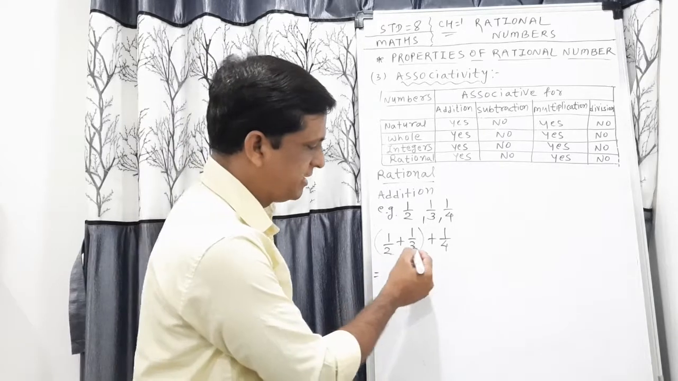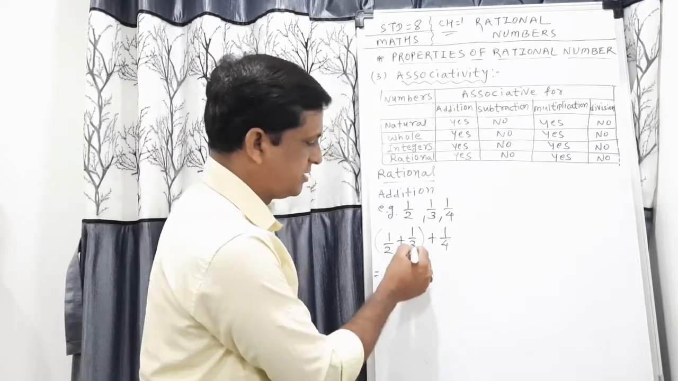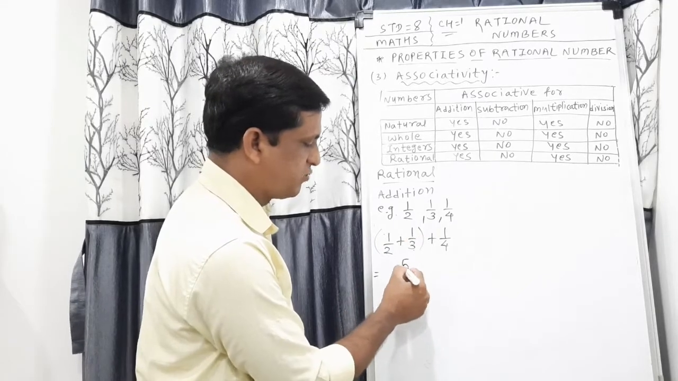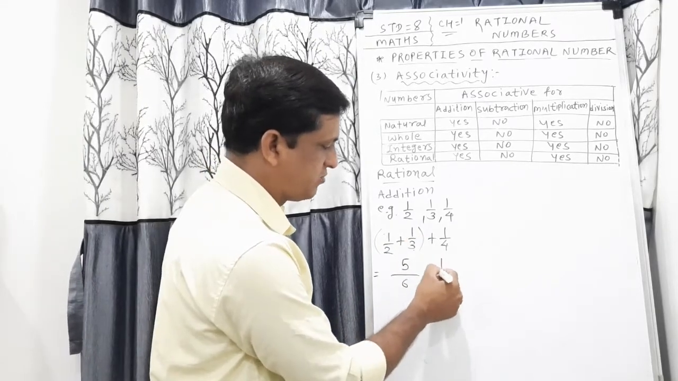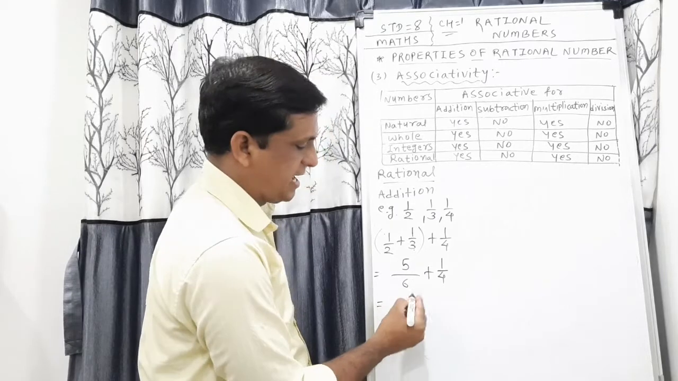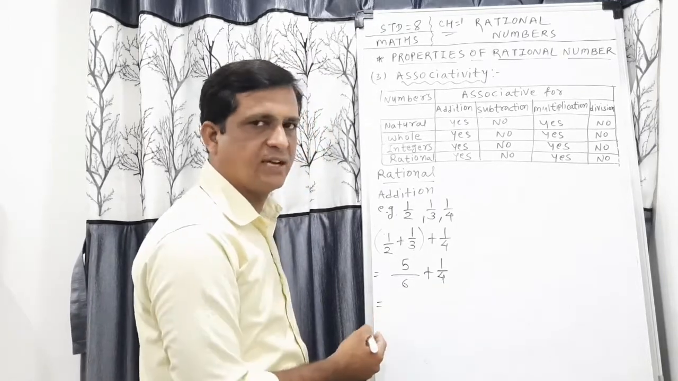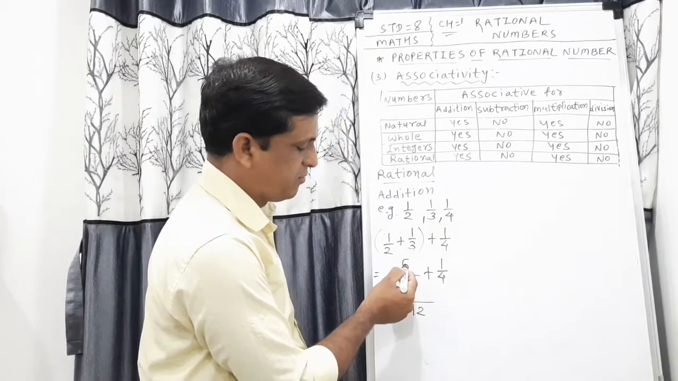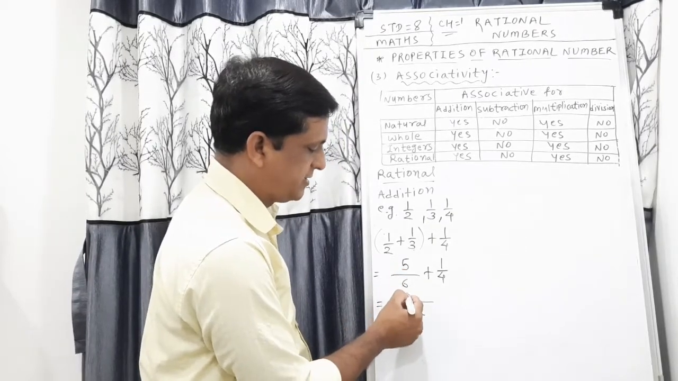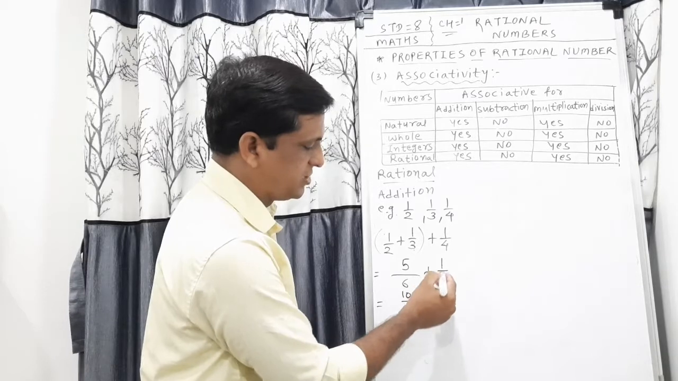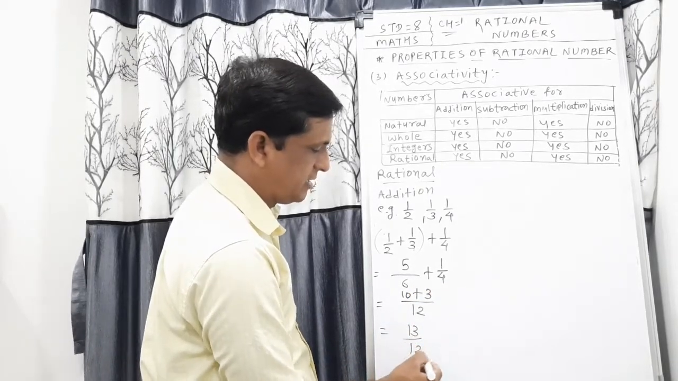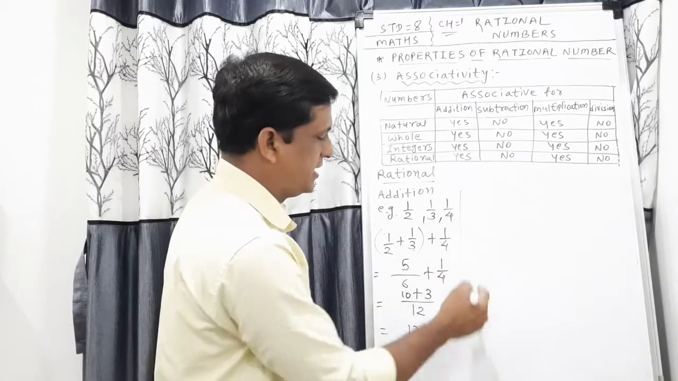The LCM is 6, and 3 ones are 3 and 2 ones are 2. So it is 5 by 6, and plus 1 by 4. Again I am taking LCM of 6 and 4, and that is 12, right? When 5 multiplied with 2, that is 10, and 1 is multiplied with 3, the answer is 13 by 12, right? Now I am taking group of